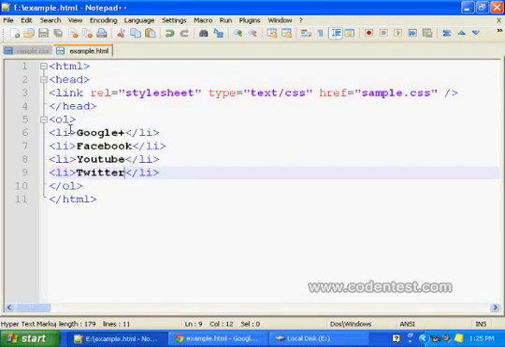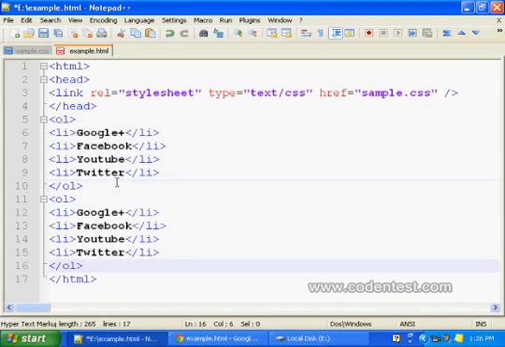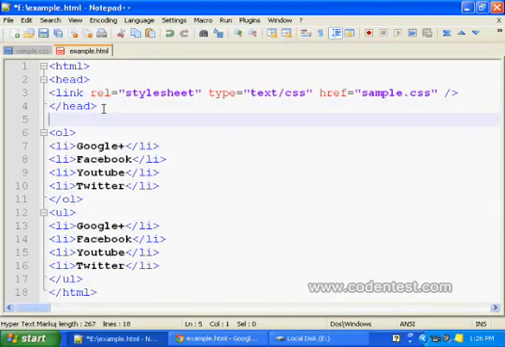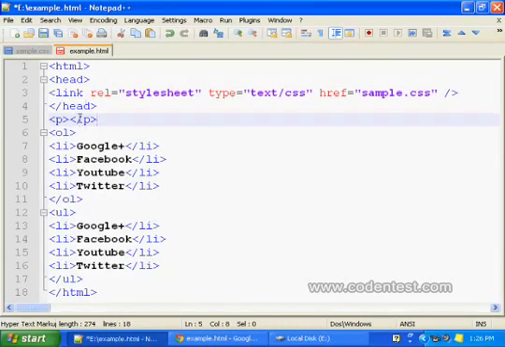We have only an ordered list here, so Control C, Control V. Let's write unordered list here, and it's better we also write a little sentence there. OL was inside, so this list is positioned inside.